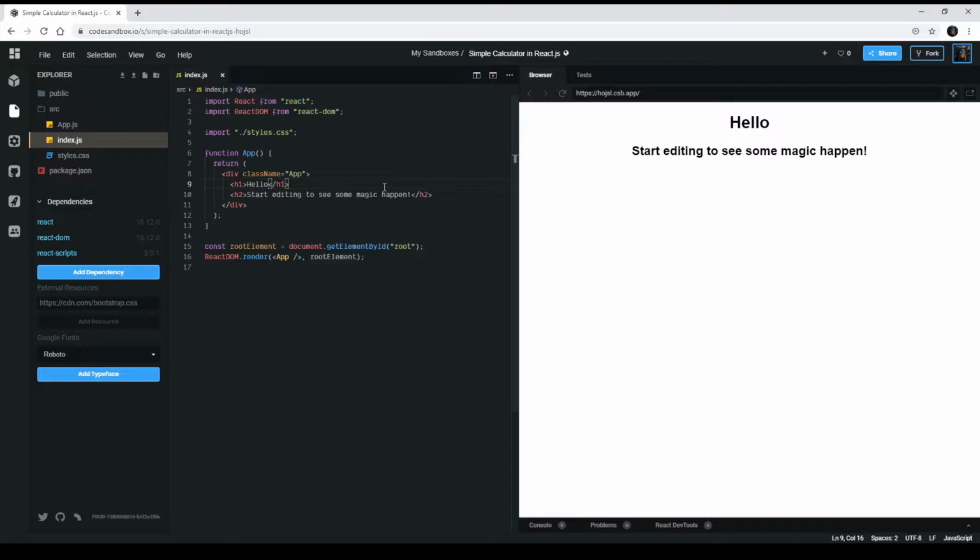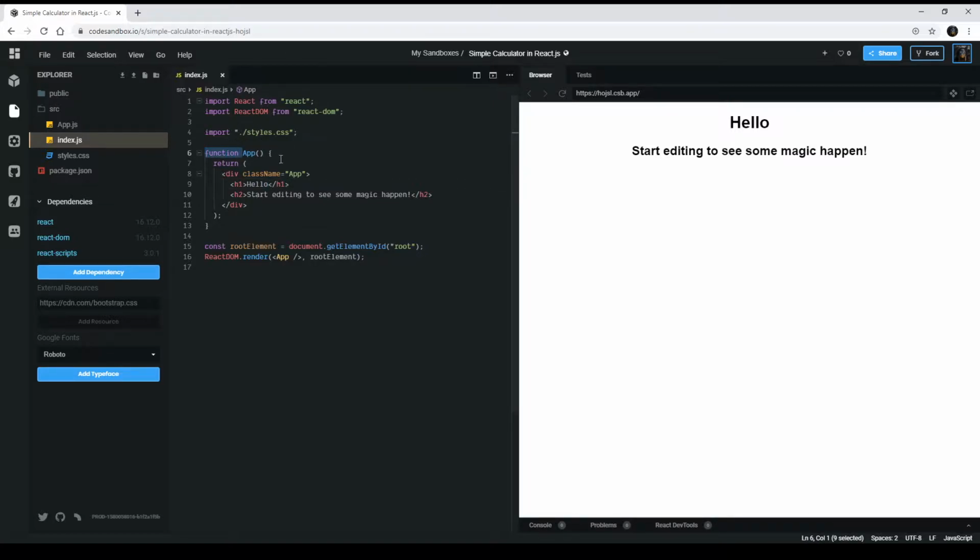This tutorial is not beginner friendly because you need to know some basic knowledge about React, also some basic knowledge about JavaScript of course. So let's get started. Before we do anything else, we're gonna need